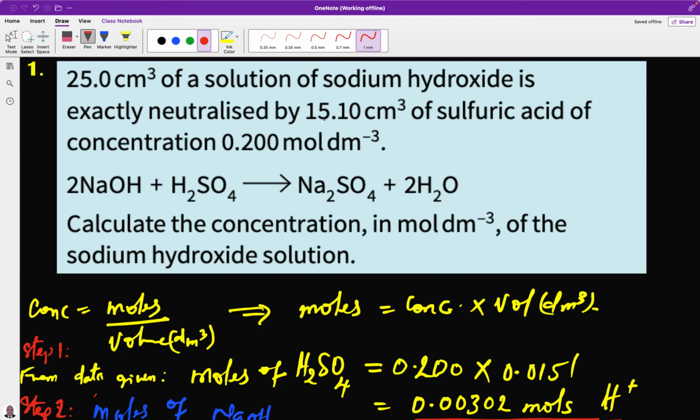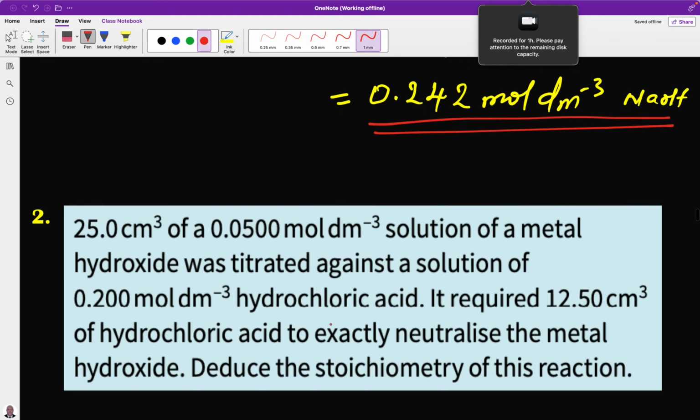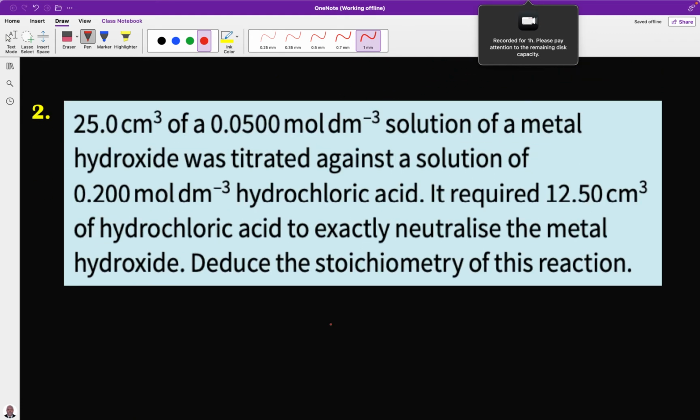I can now look for the moles of one, and that was the acid. So that was why we started with this by calculating it. So it takes us to the second question. The second question here is